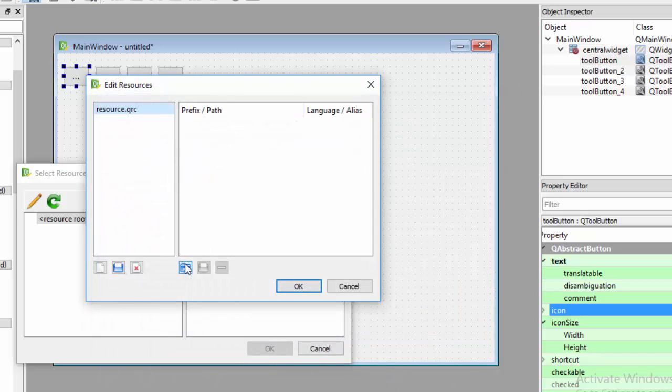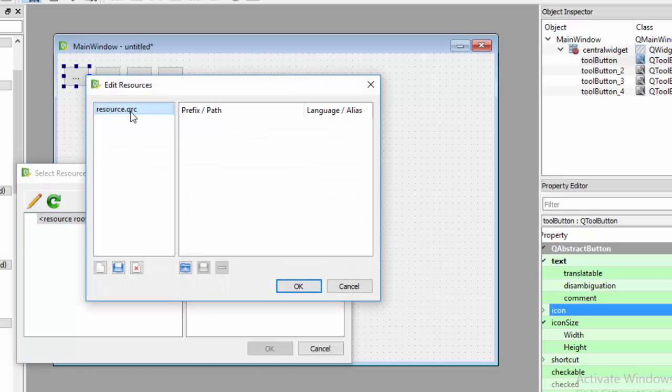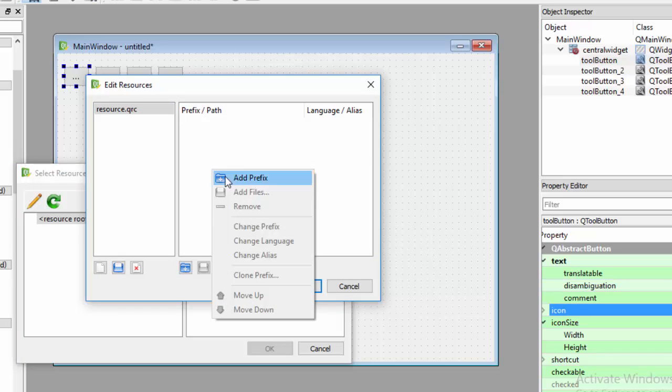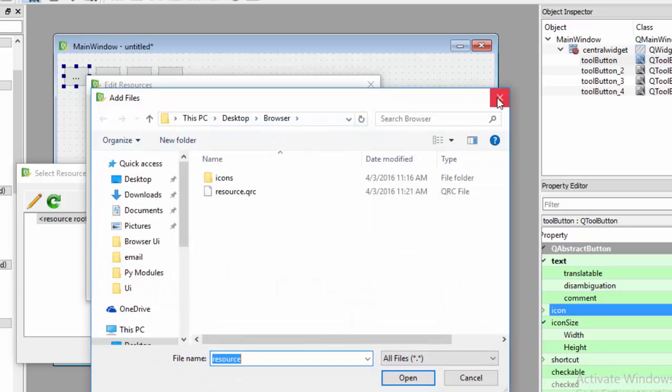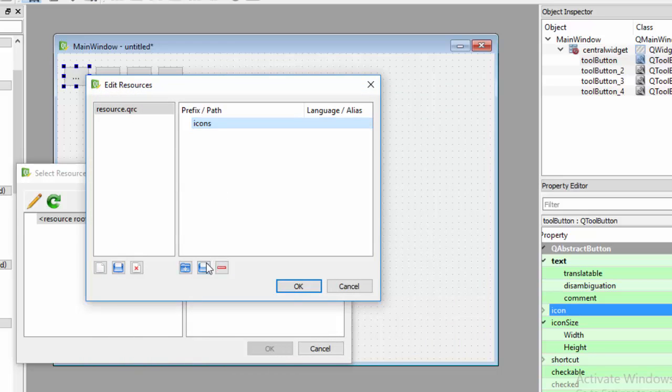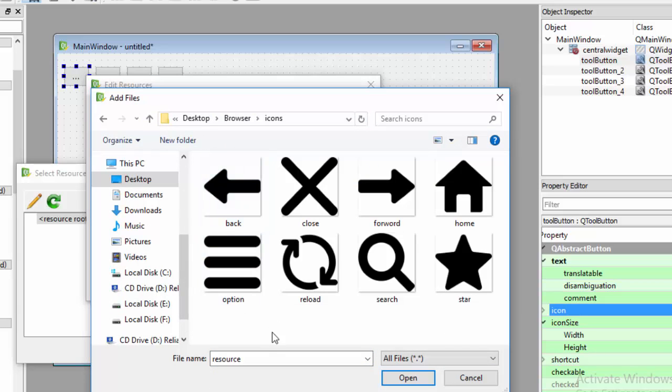So after creating the resource file, I am adding the icons that we need.